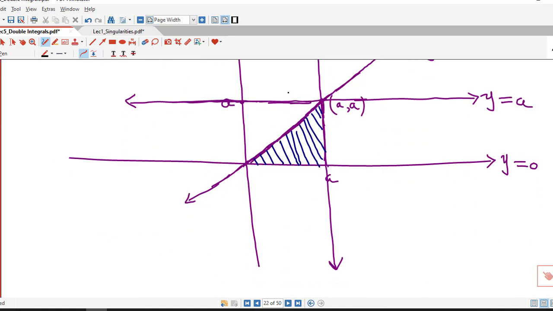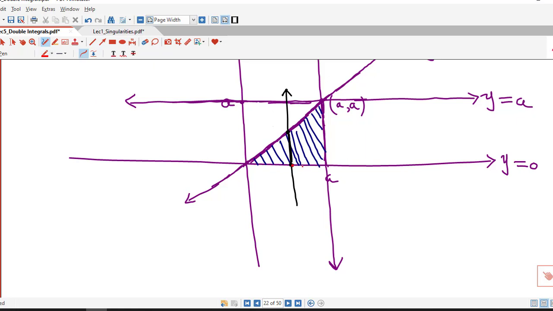Now here if we consider a vertical line in any part of the region, there is no problem. It will enter on the same curve and it will leave on the same curve. So suppose this is the vertical line passing through the region of integration. We are interested in the value of y at these points, because on this line x becomes constant.